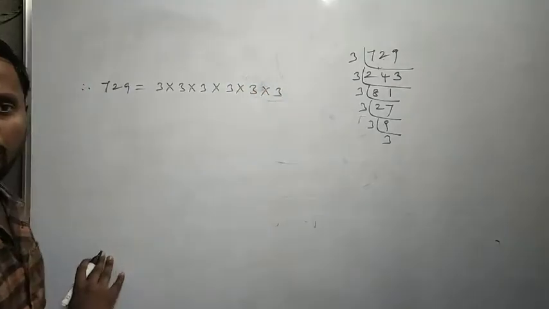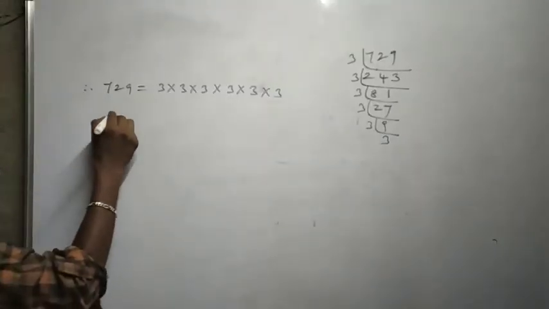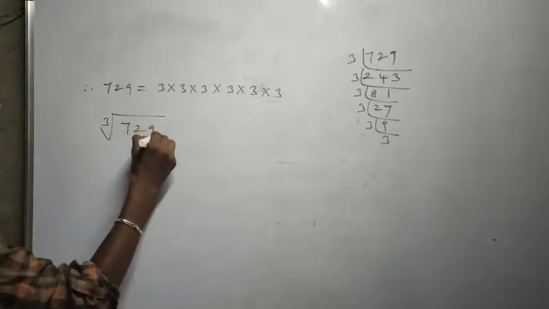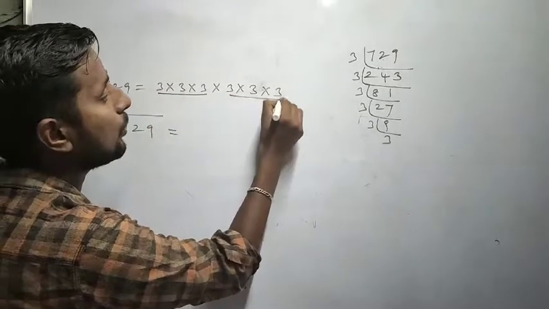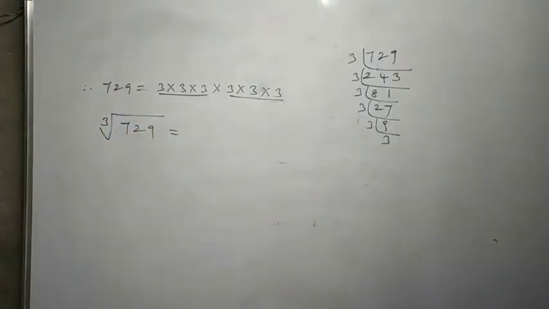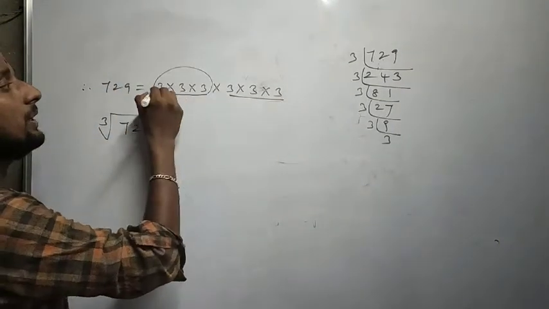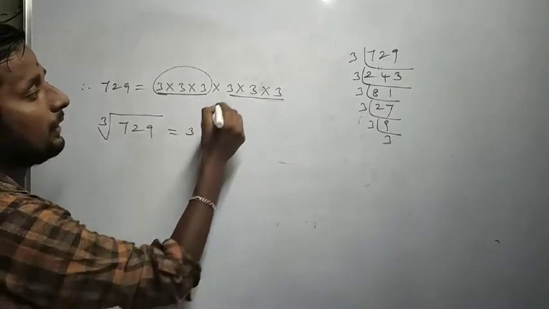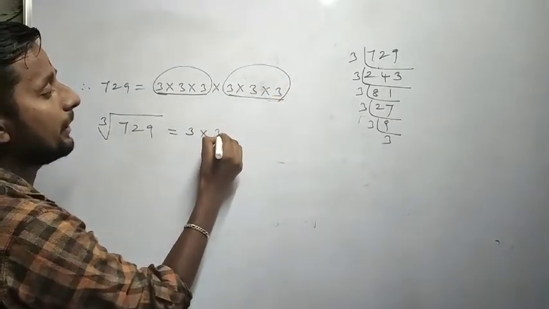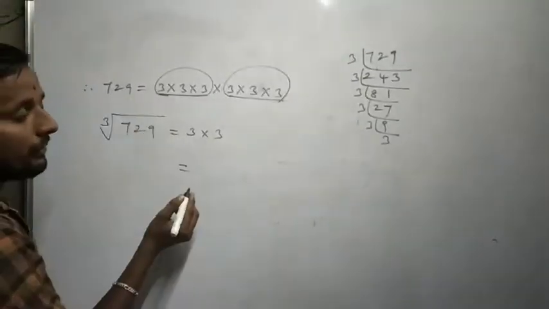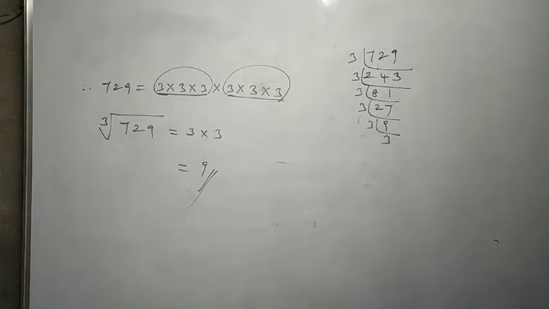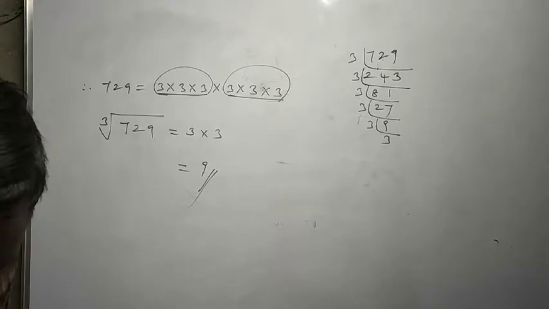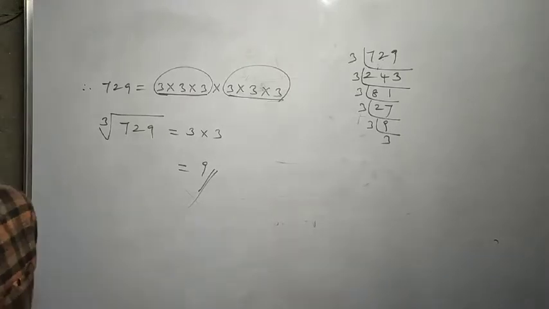So we are talking about cube root, am I right? So the cube root of 729 is equal to, look, 3, a group, and one more 3. It's also a group, correct? For every same three 3s, we'll take only one 3, and here also we'll take only 3. So simply, the cube root of 729 will be calculated as 9. 3 3s are 9. Am I right? Next.